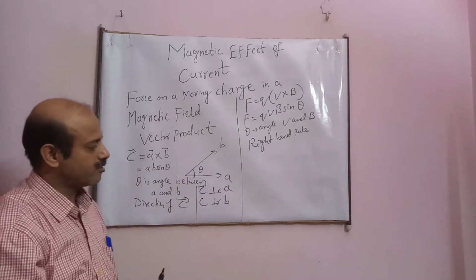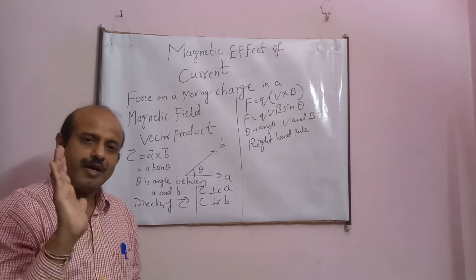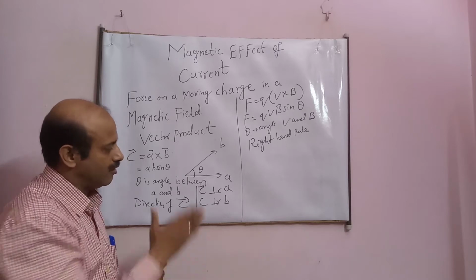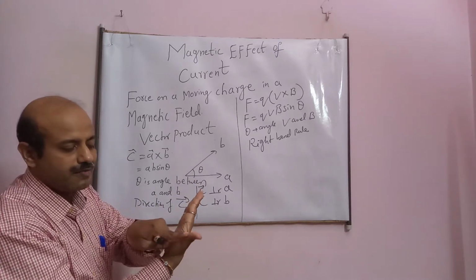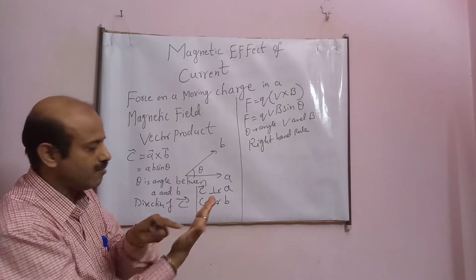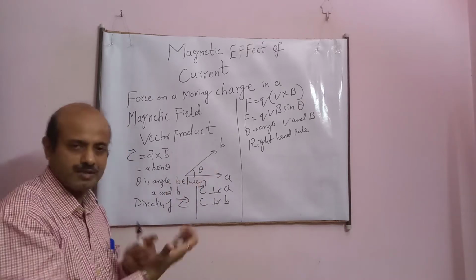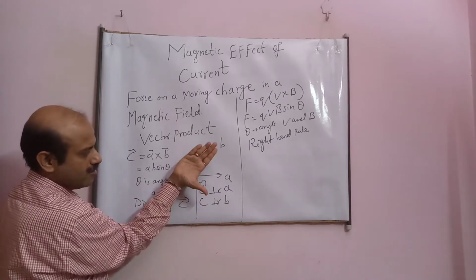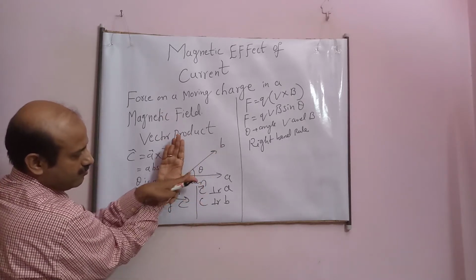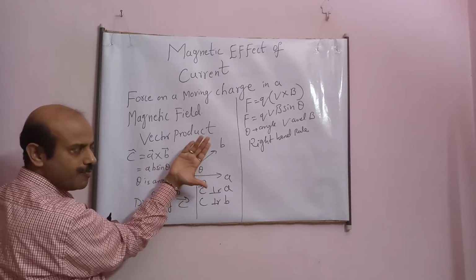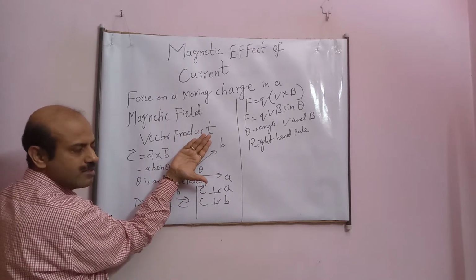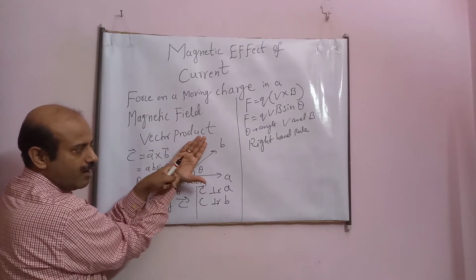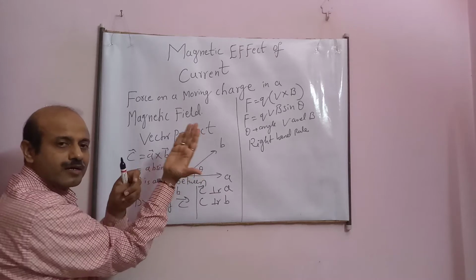One more rule is also there, student. Same right hand rule. What you have to do is place the first finger and the thumb along the vector A. First finger, first vector, and this along the second vector. Just keep it like this. See, this along the first vector, this along the second. Just I have to place the hand like this. And as blessings are given, the side in which the blessing rays come out, the perpendicular upward, that is the direction of vector C.